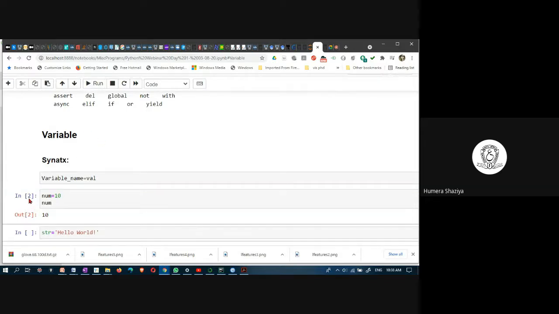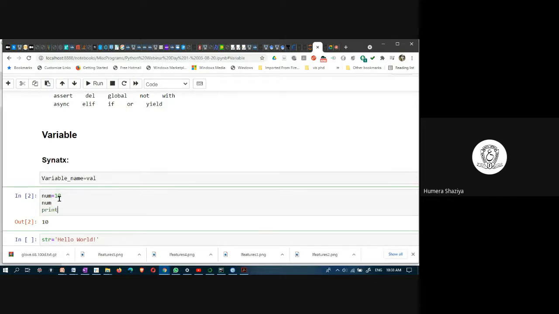Look at here, this is 2 now, meaning this is the second line that is executed. When I executed for the first time, this was 1. Now this is 2. As you go on executing these cells, these line numbers will be incremented. So it is 10. This is one way of printing. Another way of printing is print of num.